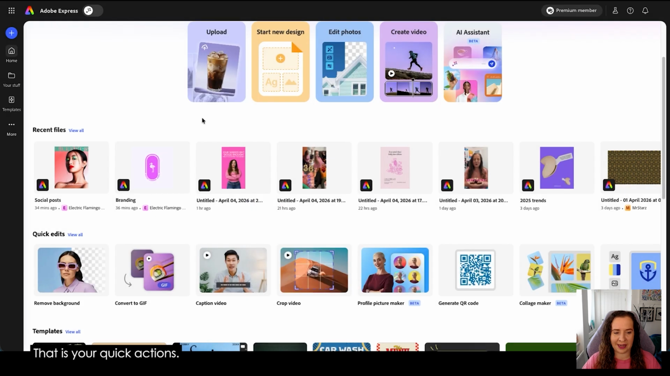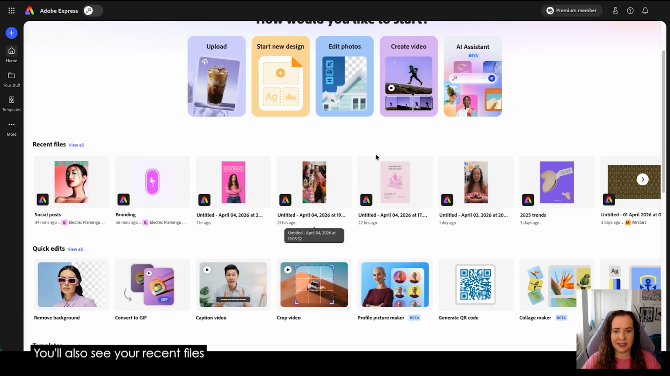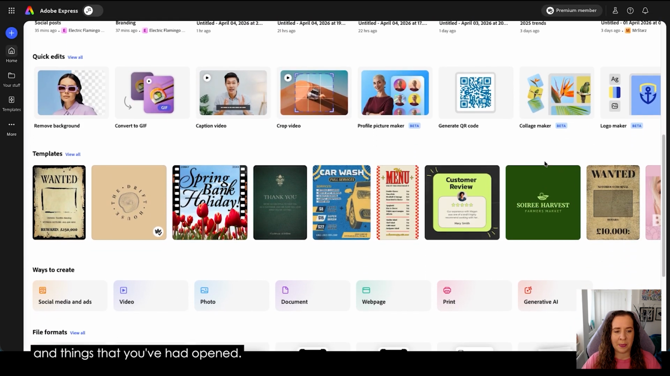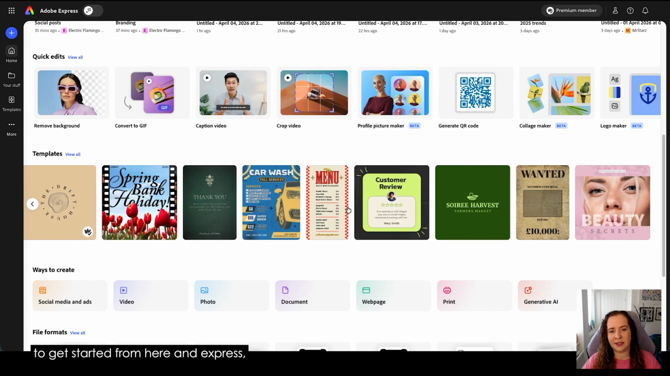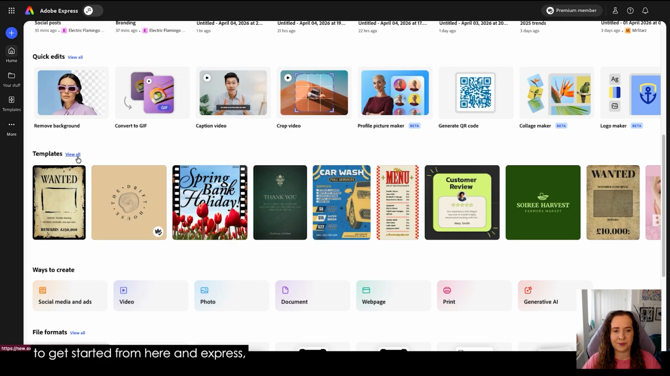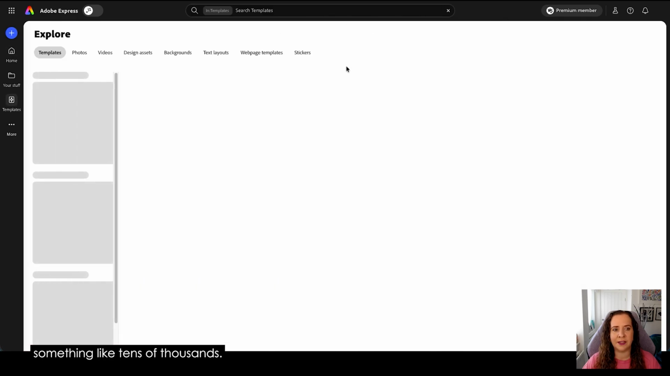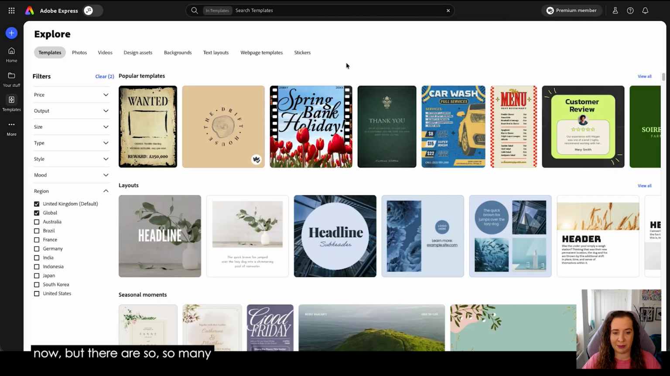Alrighty, that is your quick actions. You'll also see your recent files and things that you've had opened. You'll see templates. There's a wealth of templates that you can use to get started from here in Express. There's something like tens of thousands. I can't remember the exact number now, but there are so many,